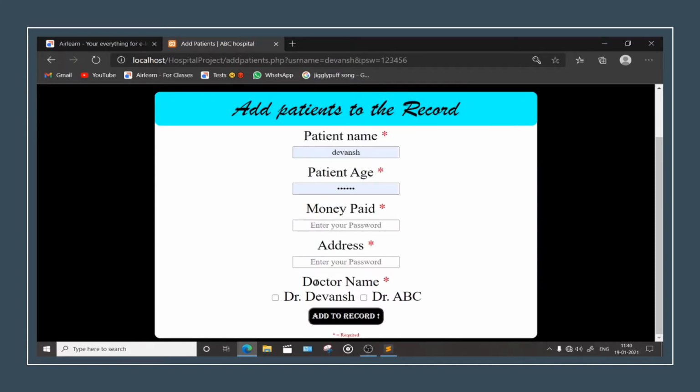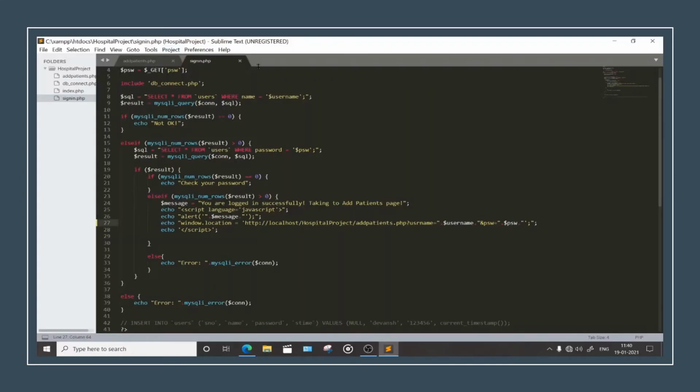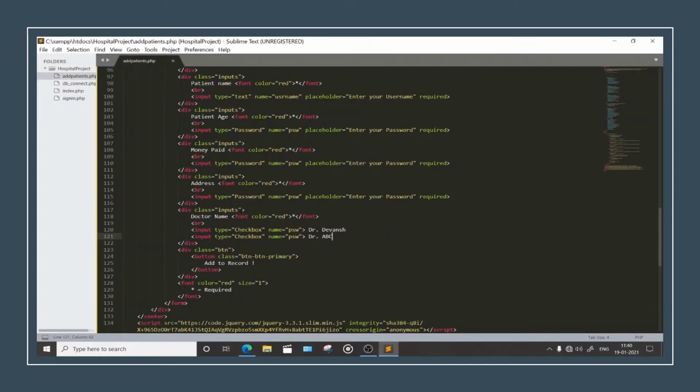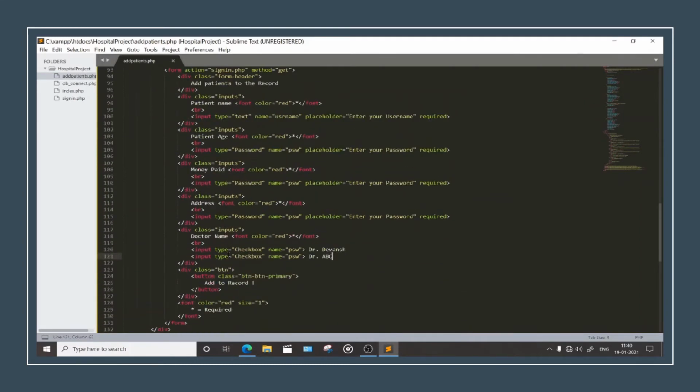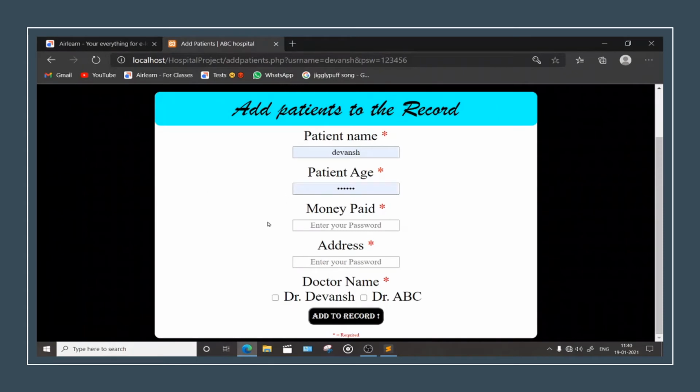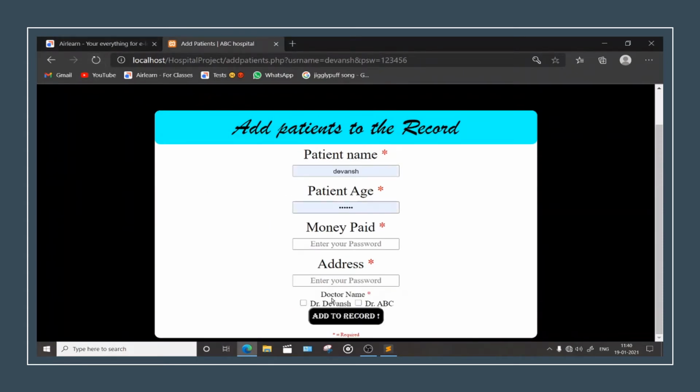We will be reducing these sizes. Head down here, and let's change this into doctor names. Now this is what the doctor names will inherit. Refresh, and now they came back to the original sizes.